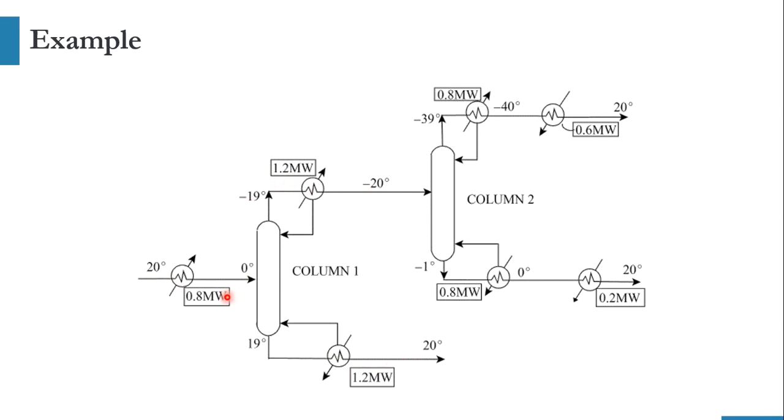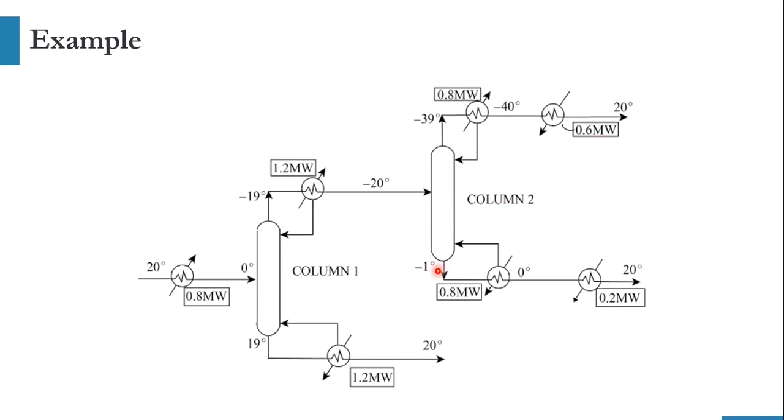In this case, there might be a case that you might be given the CP values. That is absolutely fine as well. Then this stream is going over here. Now it has entered the distillation column. Here the composition will change and we will not count this stream over here. So this stream is leaving from here at minus 39 degrees centigrade, heating to minus 40 degrees centigrade. This minus 39 to minus 40 means it has been heated, and then minus 40 to 20 means it has been cooled, and its heat duty is